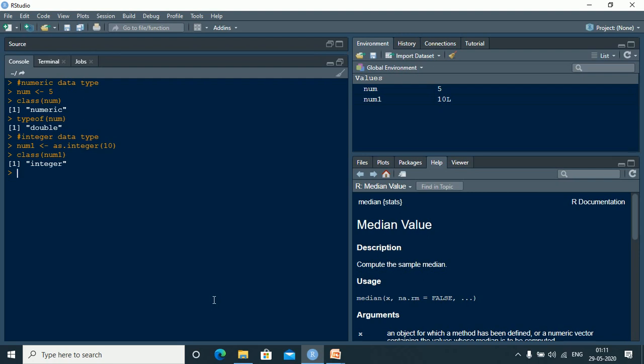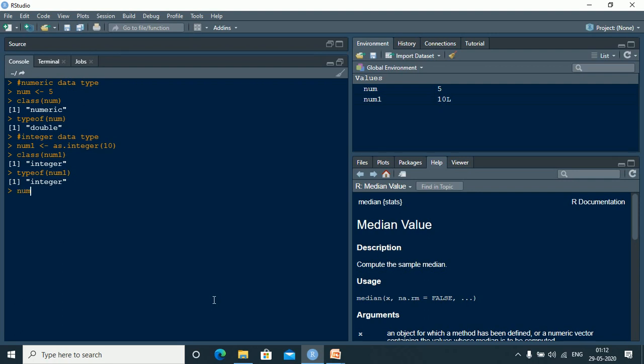Now let us see what is typeof num1, right? So now it is not double, it is integer. So it is a discrete value which gets saved. The same thing that has been in numeric can also be converted into an integer.